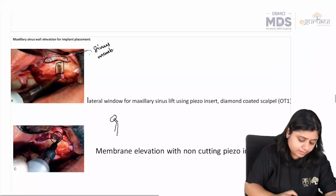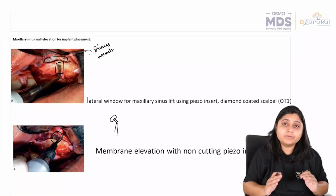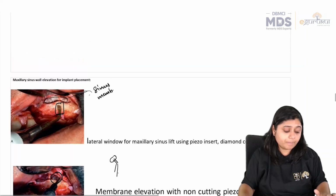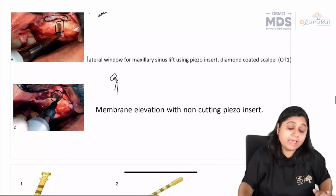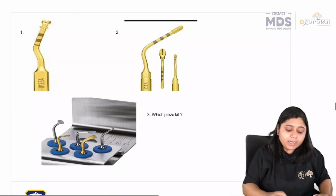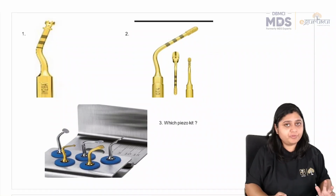So these are the different instrument inserts. These are the different piezoelectric inserts which are used, as they have already asked about this serrated insert before. They can ask any of the inserts. I have already told you how to identify it, and so I have brought a question for you all,